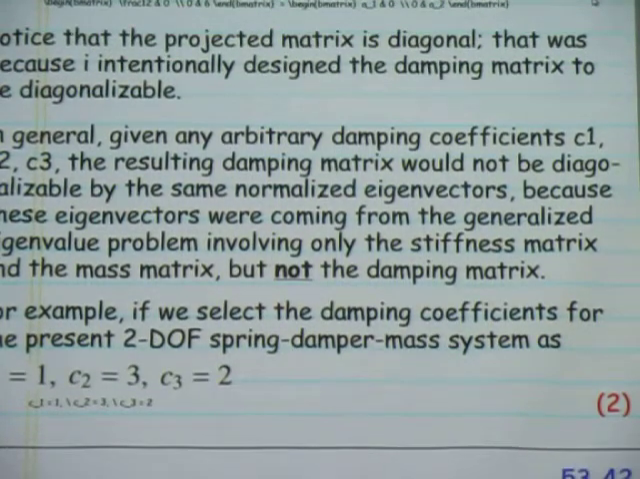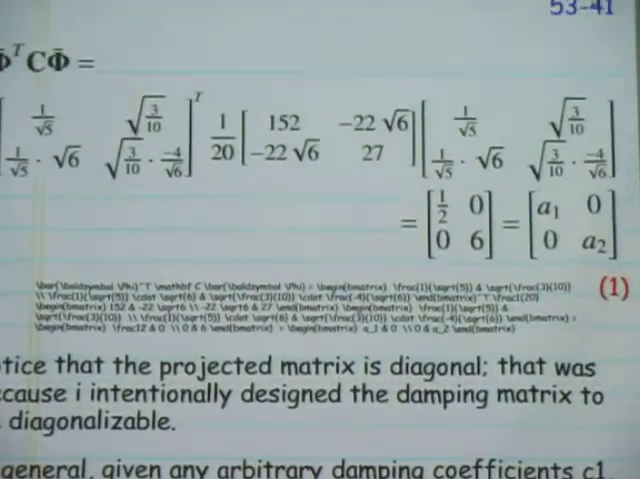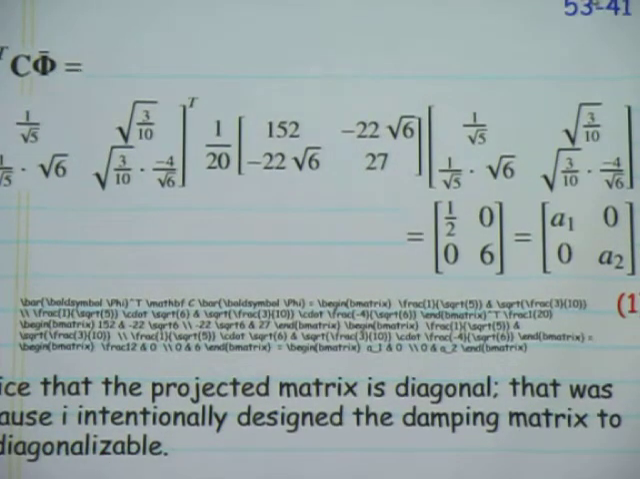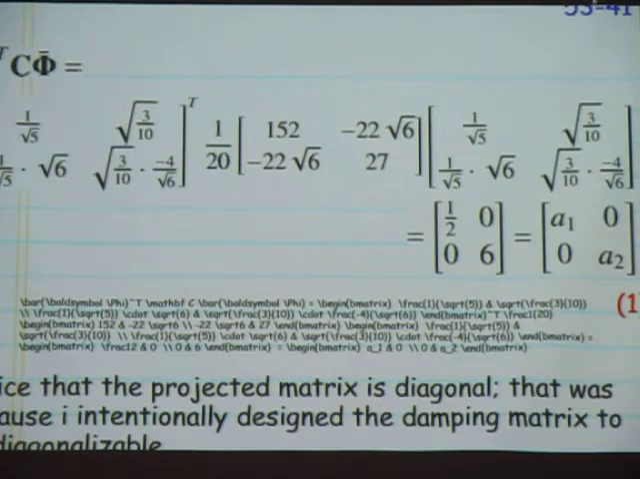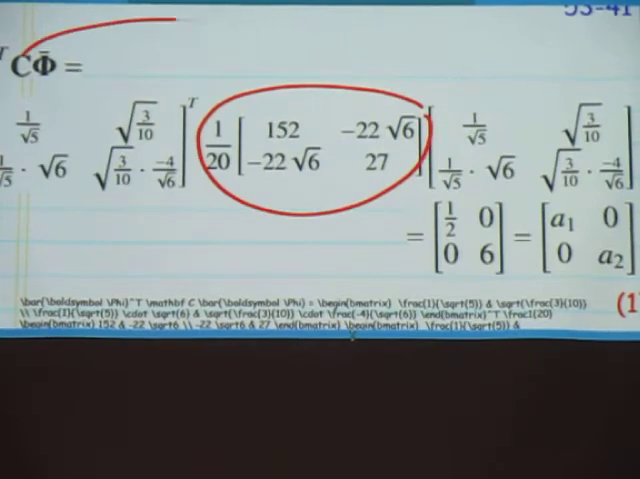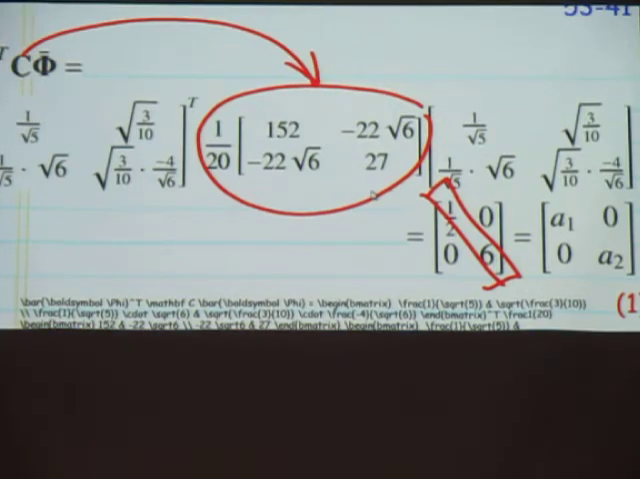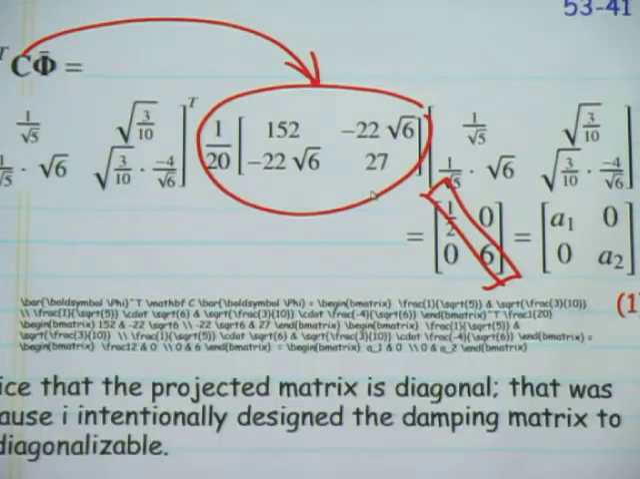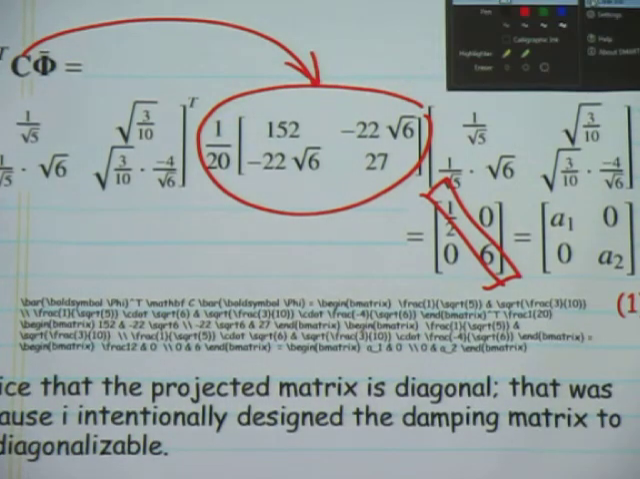In general, you see, when I concocted, when I fabricated the damping matrix, I intentionally selected the damping coefficient such that when you multiply phi bar transpose times C times phi bar, you would obtain a diagonal matrix. But that is a very special case. In general, you would not have a diagonal